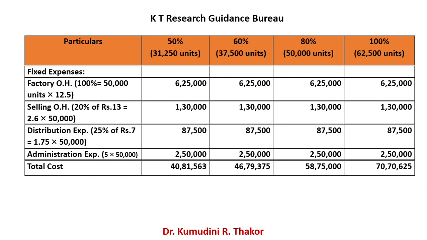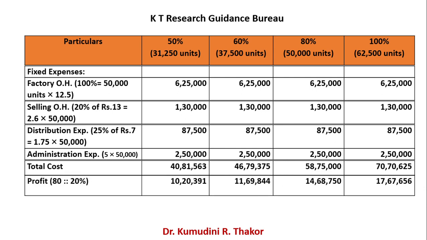For 80%, 58,75,000 and for 100%, 70,625. Now, you want to enjoy 20% profit. So this is your cost. That is 80%. So for 20%,